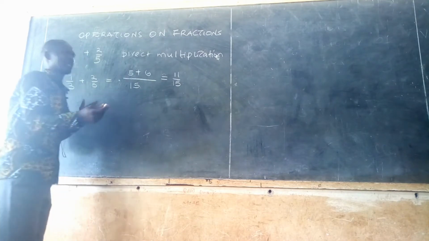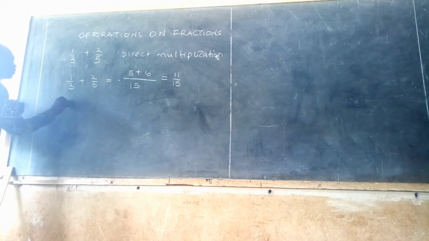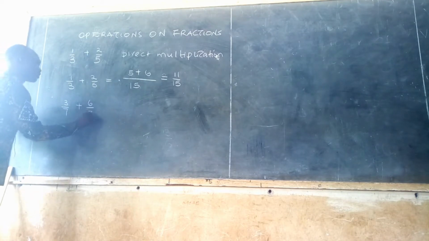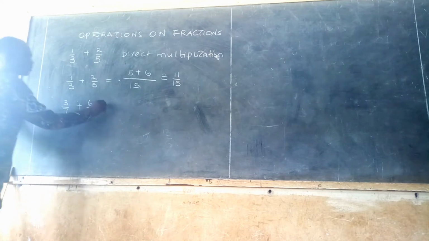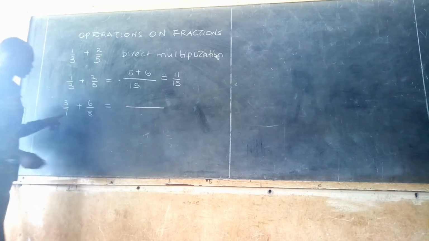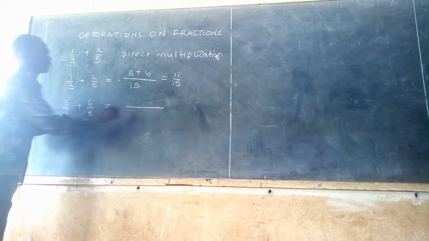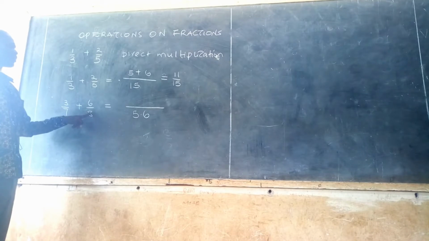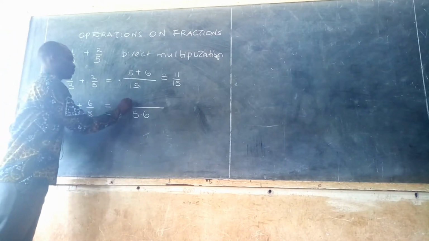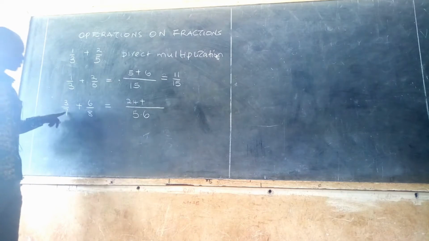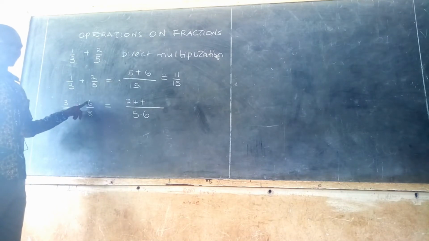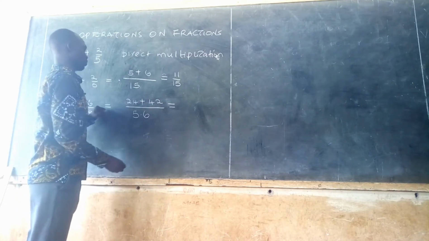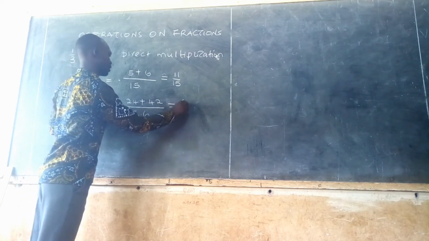That's why I call it direct. I'll give example 2. If I'm given 3/7 plus 6/8, I just say 7 times 8, that will give me 56. Next, I'll have 8 times 3, that will give me 24, plus 7 times 6, that will give me 42. So at the end of the day, what I have with me is